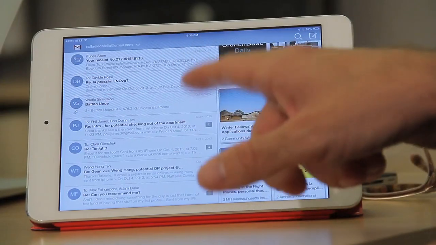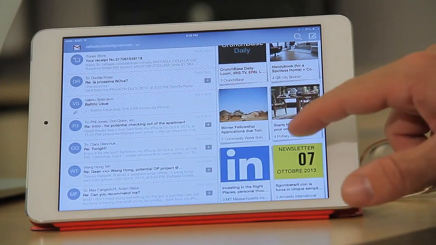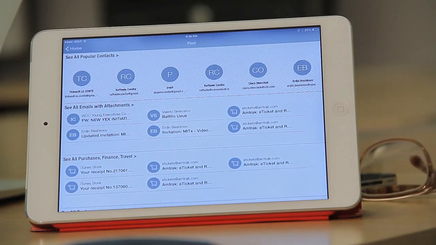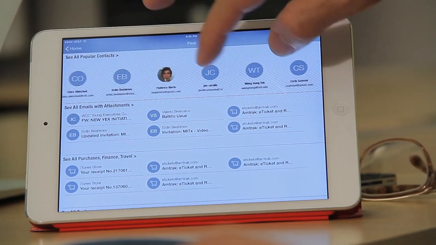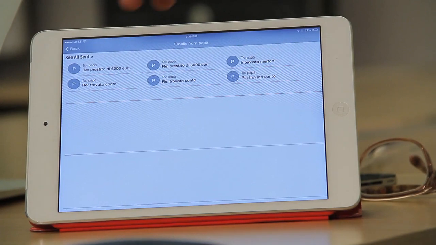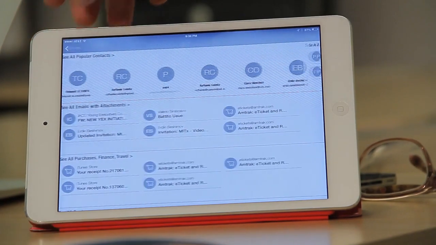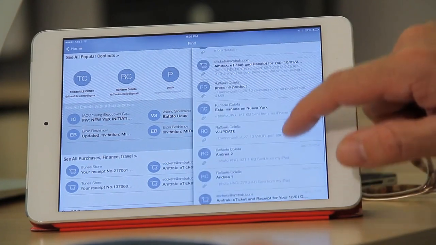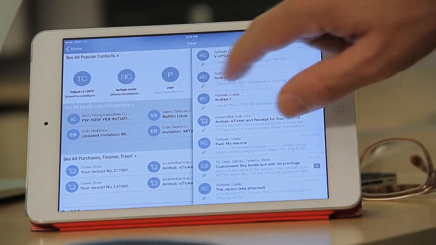So the very first concept is really this focus on the left, action email, and the leisure email on the right, where users can really catch up with their content. So what we do is provide answers already. Here are the people with whom I email the most. For example, this is my dad. If I press on his icon, here it is, this is the content from him, where I have all the attachments, and so I can find all the tickets or the documents I received in the last days.